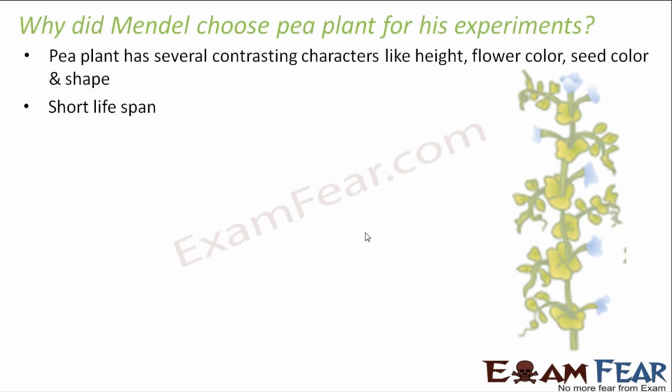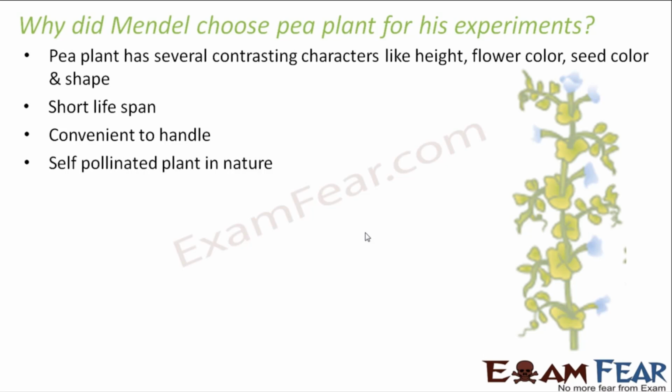But in case it had a long lifespan, if he had cross-pollinated a set of plants, the next set of plants would take a long time to live its own life. So when he thinks of self-pollinating that plant, it will be too late, right? He could not have performed a series of experiments with a plant which had a bigger lifespan. So having a short lifespan was advantageous for Mendel. They are also convenient to handle: not very big or heavy, so they are very easy to handle.